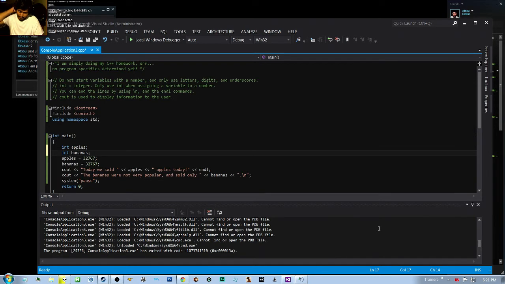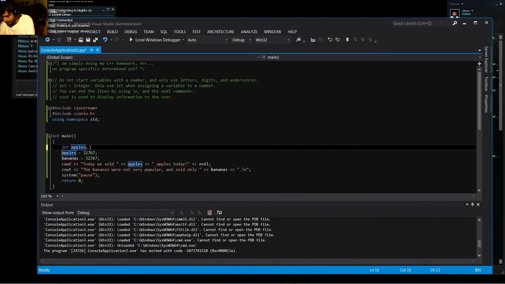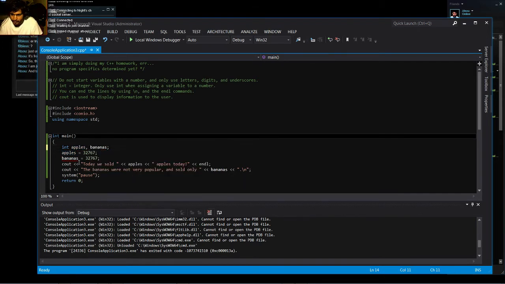Okay, so it's actually showing you that you could separate different variables, meaning instead of having two words here, what we can do is we could have only one. In this case, we'll do this, right? And then instead of just apples, we'll make a comma and we'll do bananas as well. And that's gonna fix it. See that? So in the book it states that in most programs,